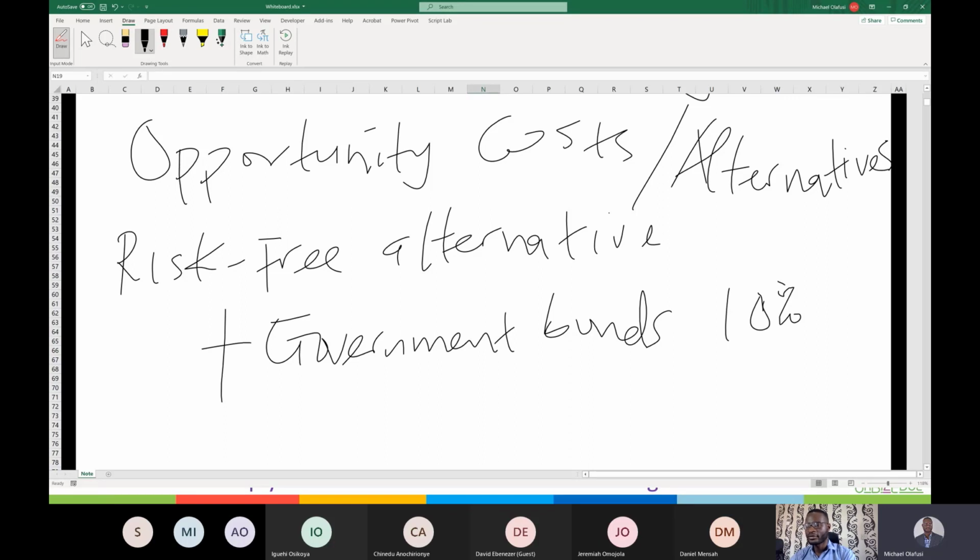And in case some people argue that, oh, government can default or is not really risk-free, the thing is that it is typically assumed that the government will never default on its local currency bonds because they own the printing press. They can always print money. They can only default on the foreign currency one. I don't think there's any record of a government that defaulted on their local one. So this risk-free rate, right?